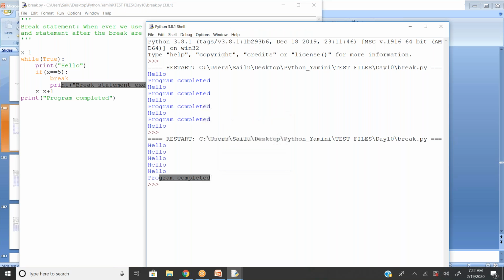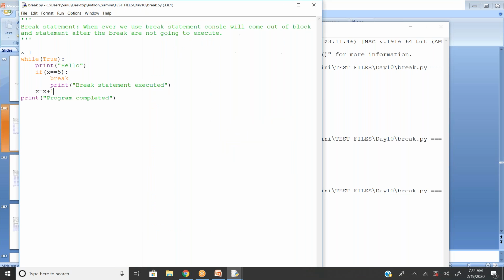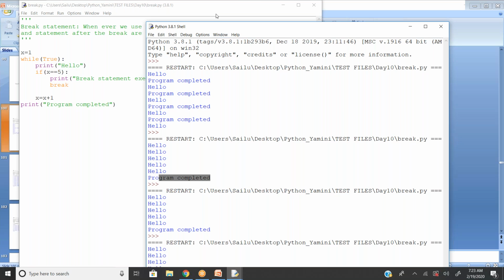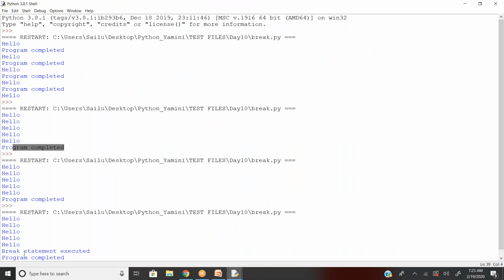The reason is that any subset of the program available after the break will not be considered. It will not be executed at all. So instead, do it like this. You can see break statement executed. So any code which is available before the break statement will be executed. After the break statement will not be executed.